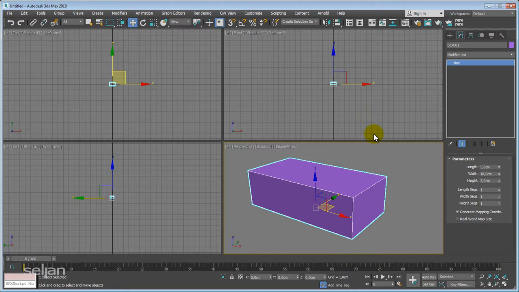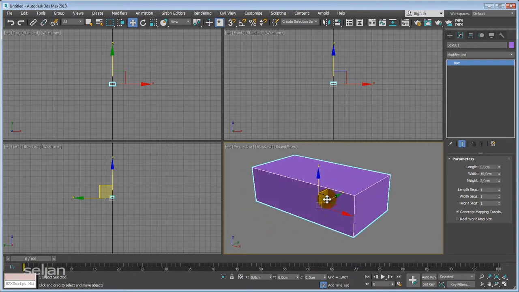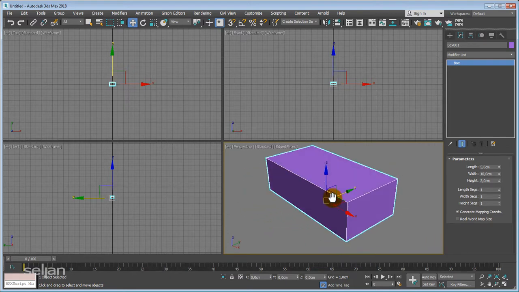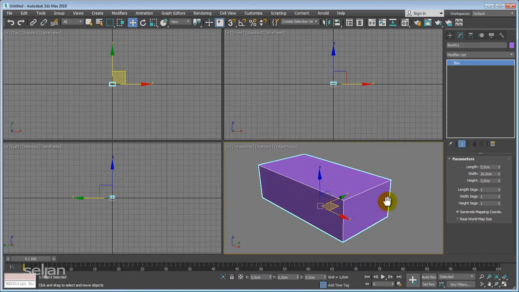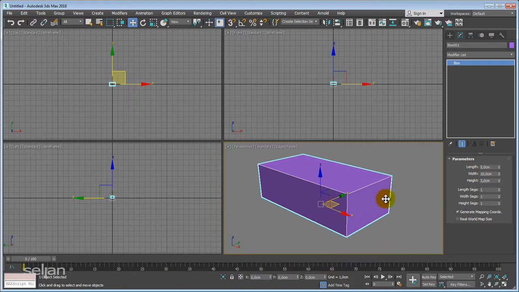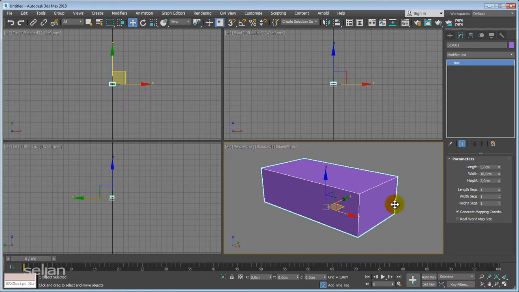This tutorial is about creating a UVW texture map for this particular box. It is simple, but it will have its own challenges. Okay, now take a look. By default, every 3D object has some kind of coordinate. It could be absolutely wrong or it could be messy, but there is some kind of coordinate. Our deal here is to flatten it out and make it readable, make it useful